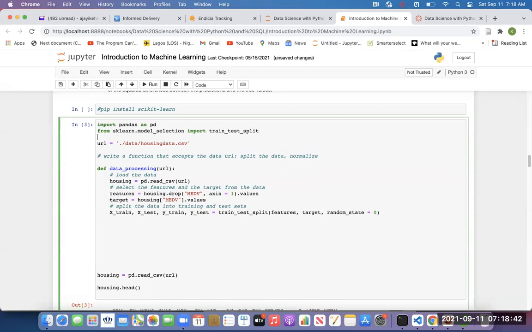Okay, so to do that, there's also a module in scikit-learn that we can use. So from scikit-learn preprocessing, there are many, but there are two popular ones. One is called the MinMaxScaler, and one is called the StandardScaler. So you can use any one of the two. You don't have to import the two. I only want to explain the two. That's why I imported the two. You only need one of them. Now, what MinMaxScaler will do is this.